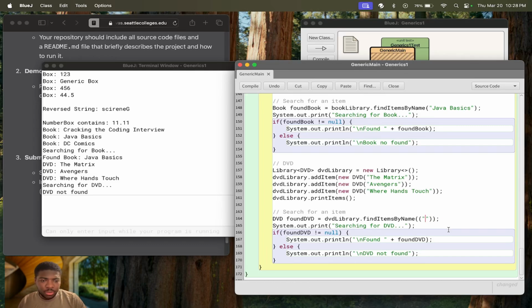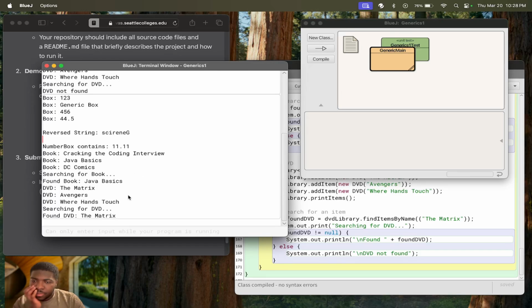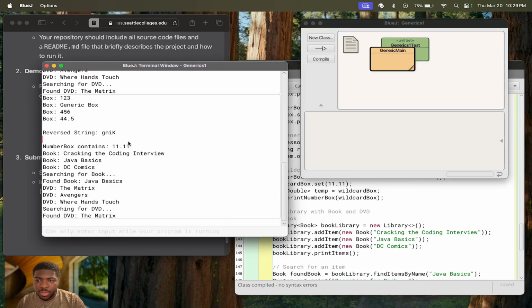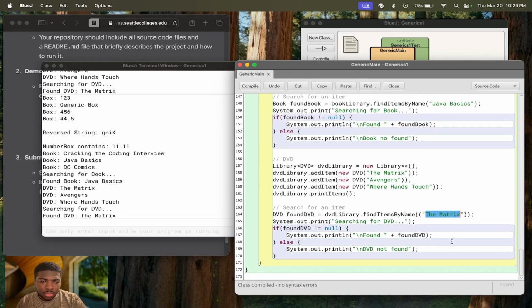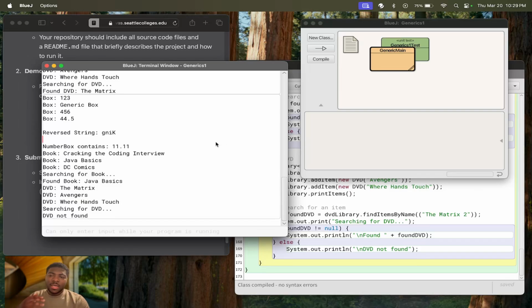And then let me change this Django to The Matrix. The Matrix. And let's see what we have when we run it here. So what we have here. Okay, found DVD, The Matrix. Nice. Right. Let me reverse my name real quick here, just for fun. Let's say King. That should give me Nick. Right. And here we have it. Oh no, it gave me Nick as in. But yeah, everything here seems to be working just nice. All right. Everything seems to be right here. The Matrix 2. So why not? Because that's a different movie. All right, that's a different movie. So